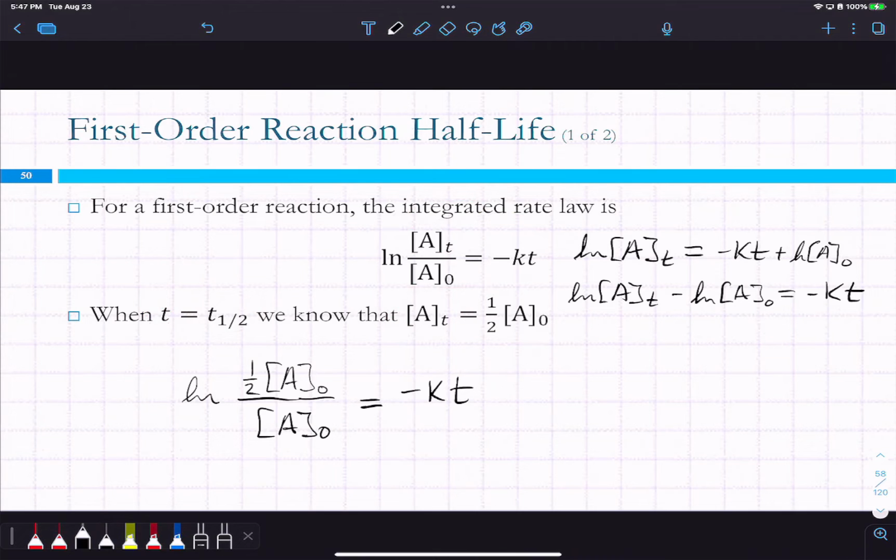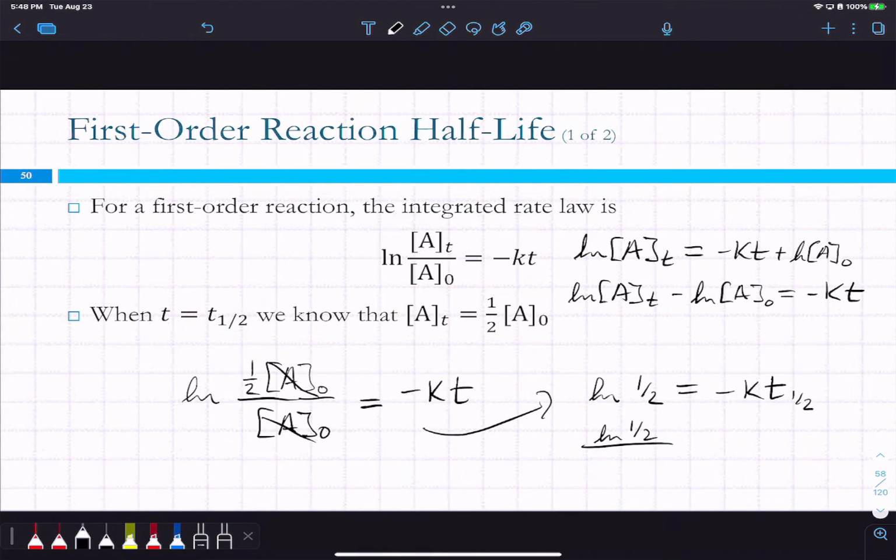So for a first order reaction, because we're taking A0 divided by A0, the half-life doesn't depend on the concentration. The initial concentration doesn't change your half-life. So, because there's no room here, this is now the natural log of 1/2 equals negative k times t. This is, sorry, specifically t1/2. So if you want to calculate the half-life for a first order reaction,